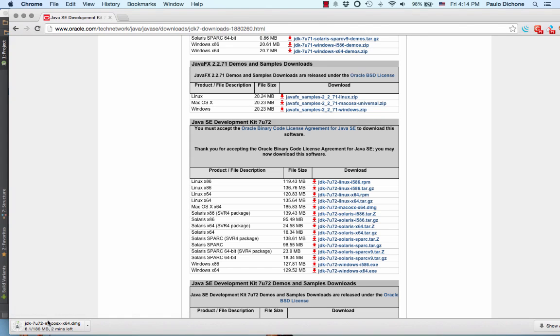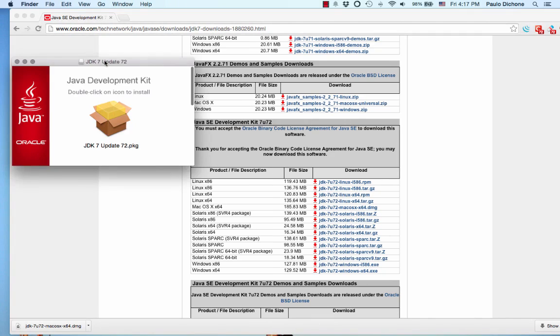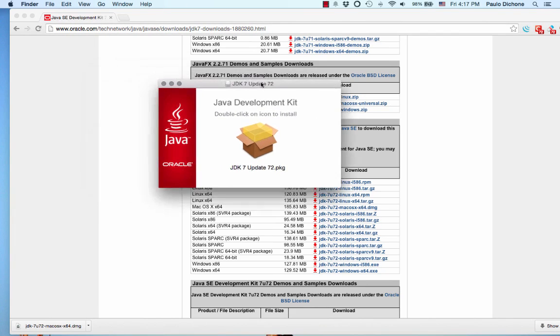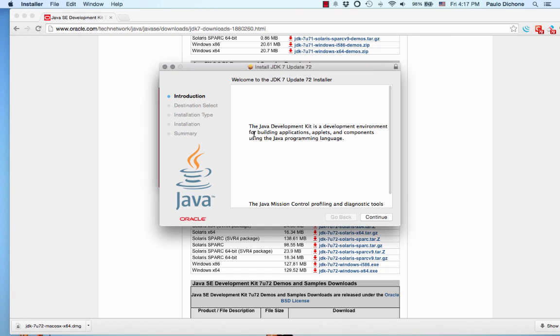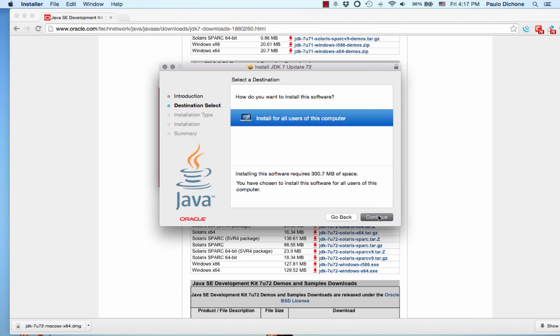It may take a little while because it's such a big file, so wait for it and then we will install. Let's now double click to install. Okay, now it's getting ready to install. There it is. Double click that. Okay, continue, continue,